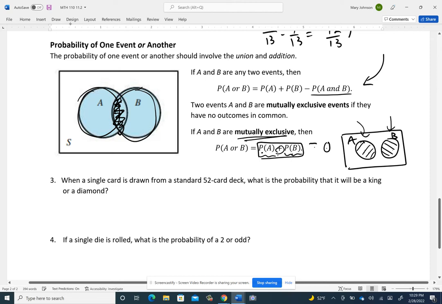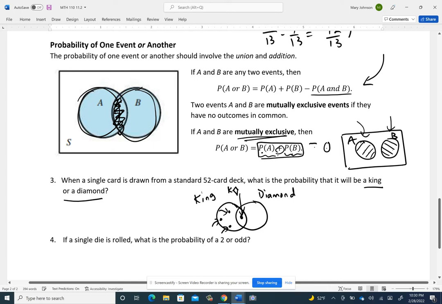So it says when a single card is drawn from a standard 52 card deck, what's the probability that it will be a king or a diamond? So you see the problem is those two events are not mutually exclusive, because we could be a king and there would be 4 cards, 4 kings. And so there'd be 3 of them here, but then one of them would also be in the diamond circle. So it has to be here. All right, so right here would be a king of diamonds. And then we'd have the king of clubs, the king of spades, and the king of hearts